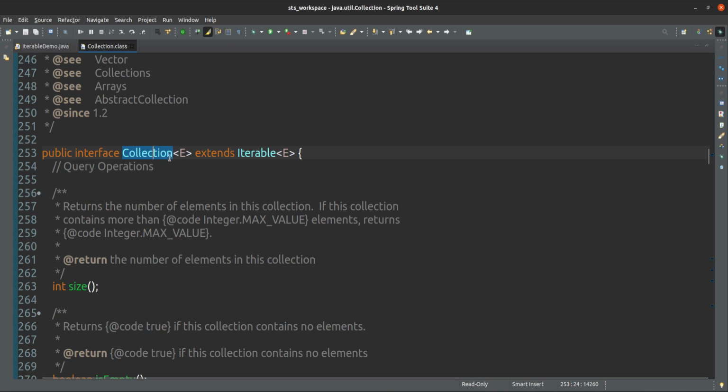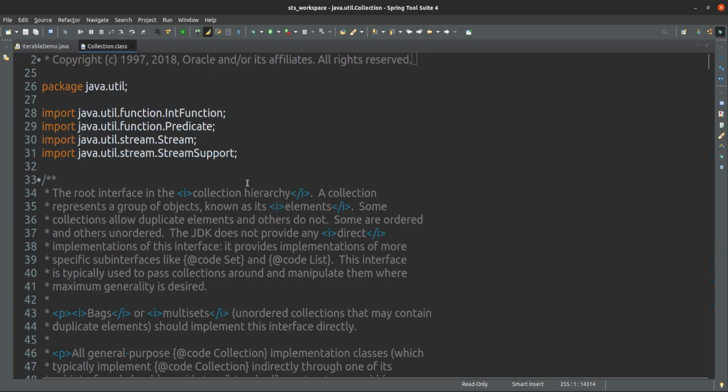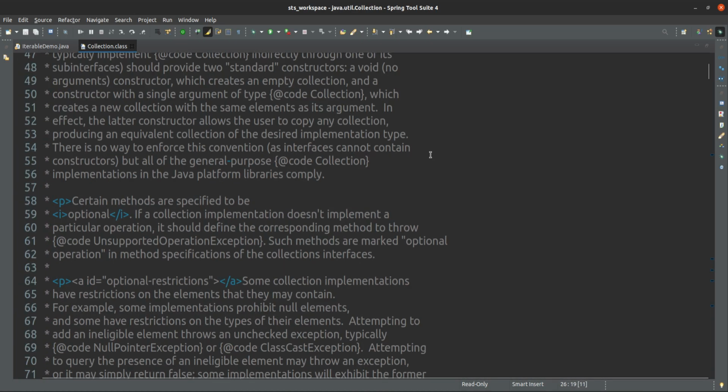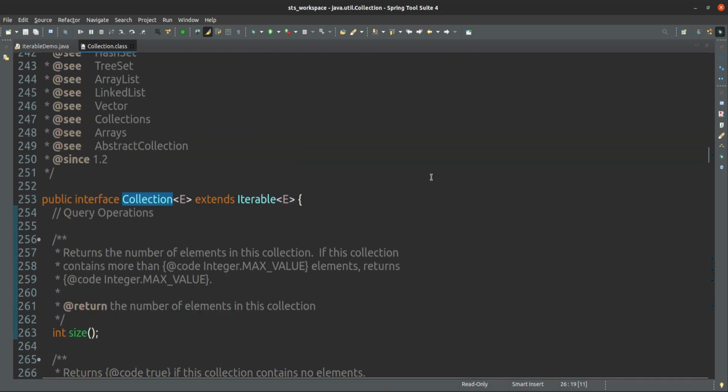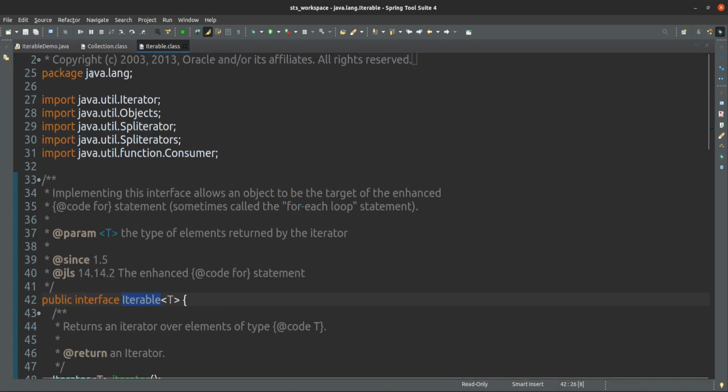You can see easily, Collection is an interface present in the java.util package. Under this util package, the collection APIs and the collection framework are there, and this Collection interface is implementing Iterable, which is present in java.lang.